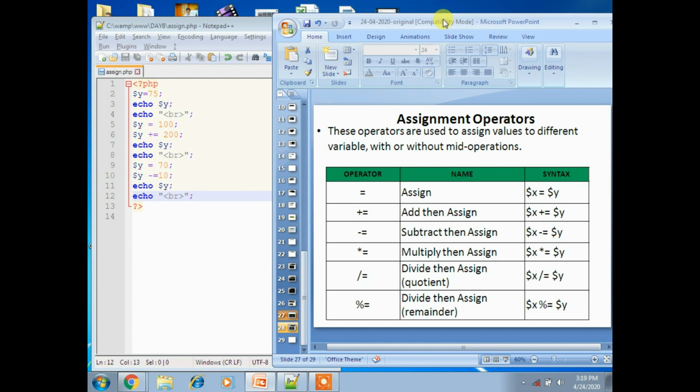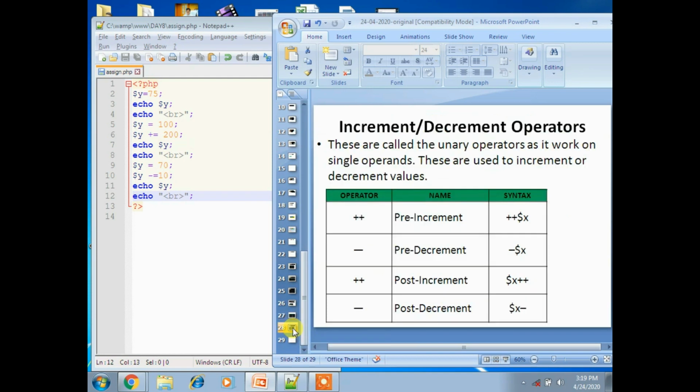Let's see another operator, which is increment or decrement. This is the last operator, and it is easy to understand. These are all called unary operators, as they work on a single operand. These are used to increment or decrement the value.